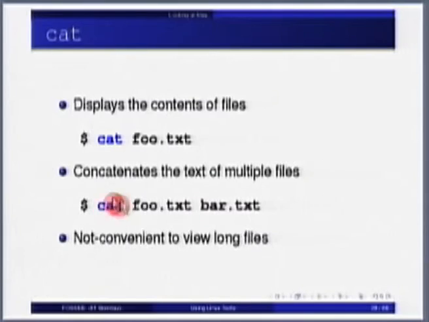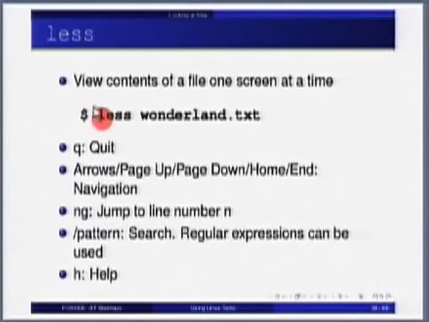So cat, as I said, is for showing all the contents onto the screen all in one go. Everything will come on the screen. Perhaps it is too much, there might be much more than one screen full. That is when cat is not convenient. That is when less is extremely useful for seeing the contents of a file.